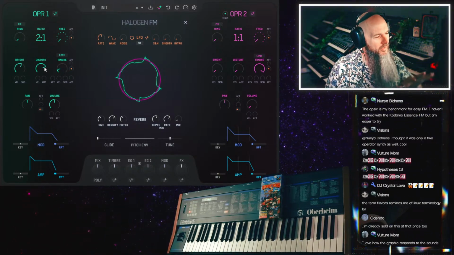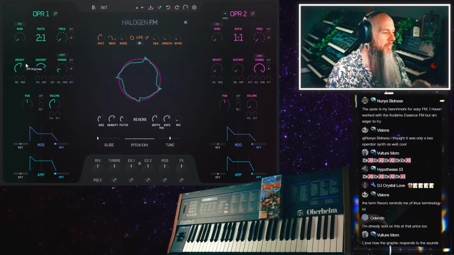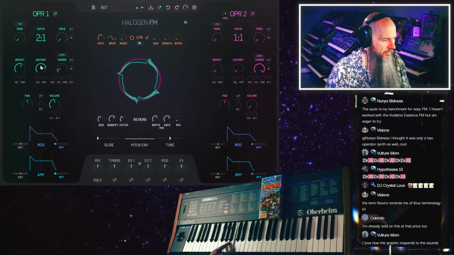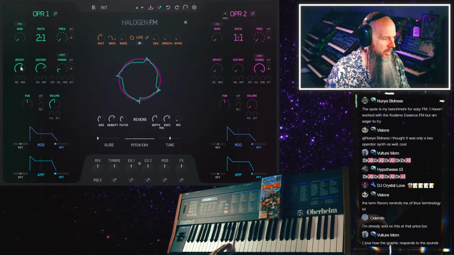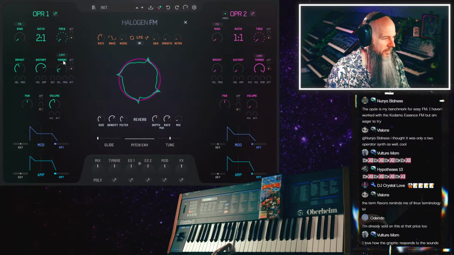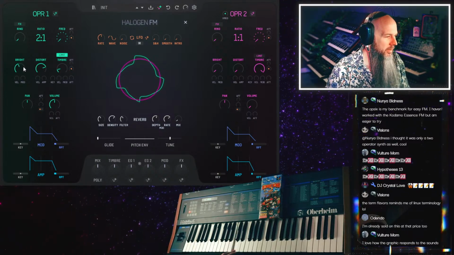So we can get all of these interesting flavors by how we mix bright and distortion. And with limiting on,